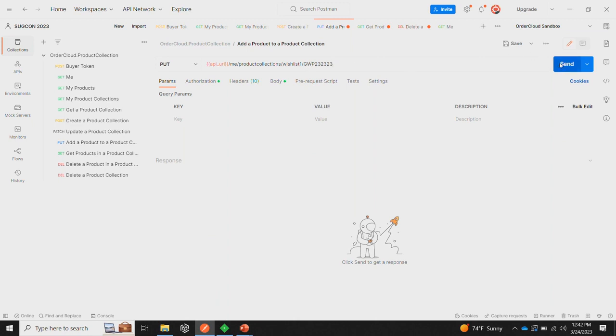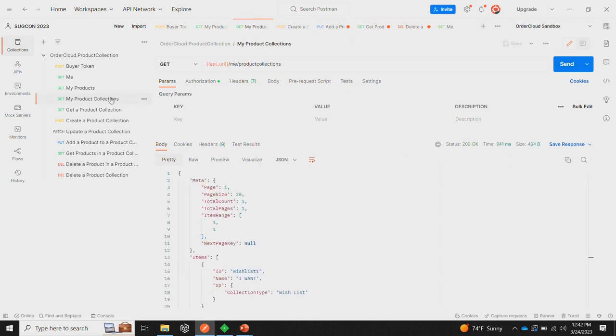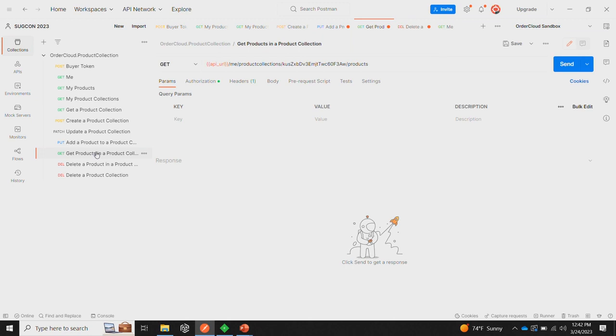If I add that, the product is added. And if I go to my product collection and get the products in it, I replace this with my product collection.